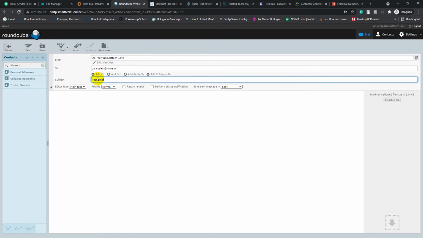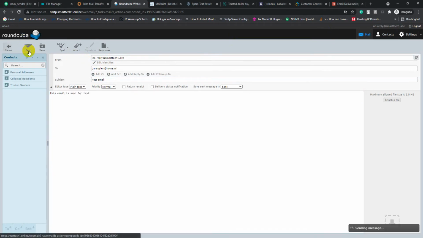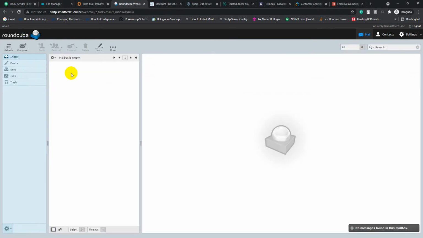Test email. This email is sent for this. Click send. So you can check your email and let me know the result, whether the email landed in inbox or spam.